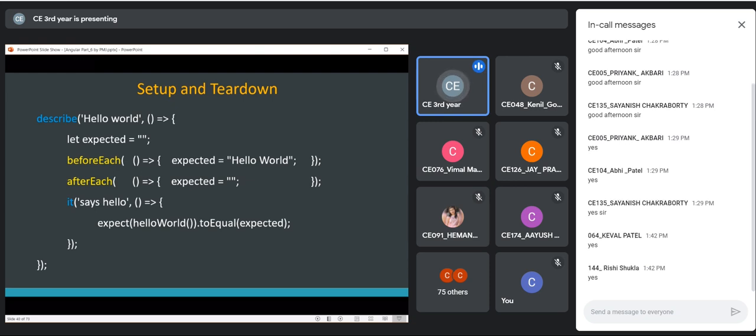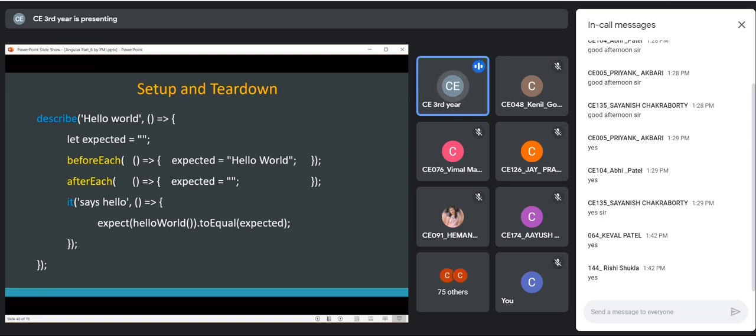If you want to do some initialization, such as initializing variables, objects, creating components, you can just do it within this function and it would be available during the execution. And once done, you can dereference in the afterEach function.